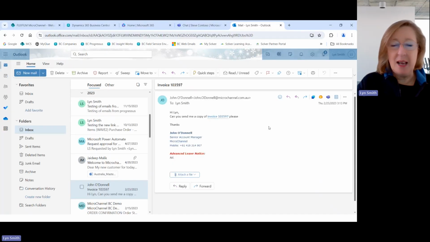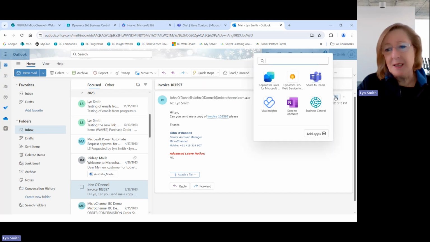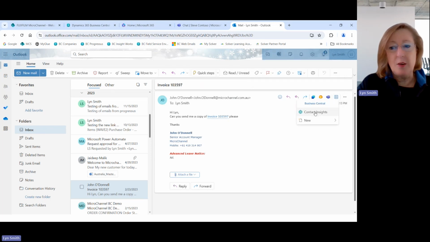So here we have our Outlook, and all I've done is I've gone into my Business Central and said turn on the integration with Outlook. So straight away here I have an email that has come from John O'Donnell. I've just made him a contact on one of my customers in my demo system. And he's asking me for a copy of this invoice. So in most instances, what I might want to do is say, well, before I send John this email, let me have a look and see what's going on with this